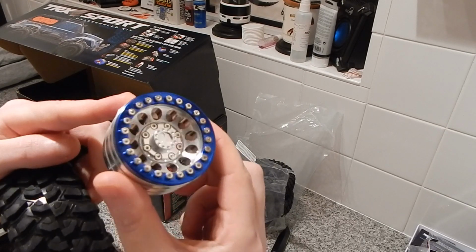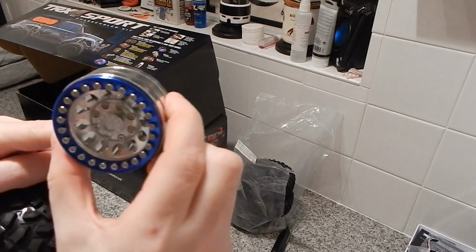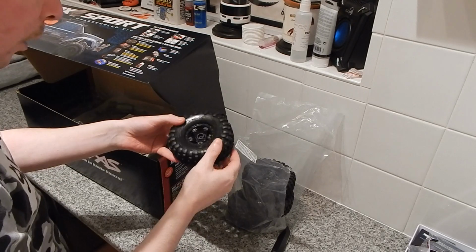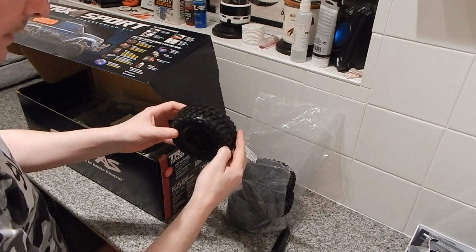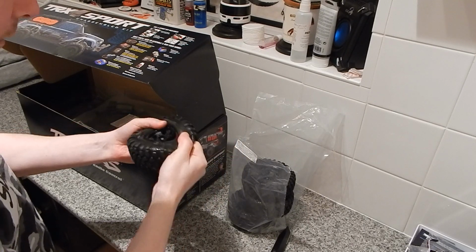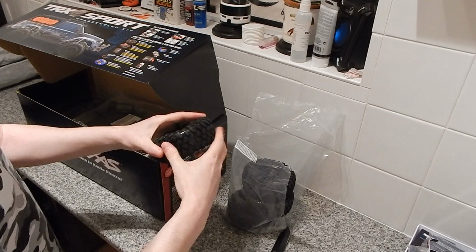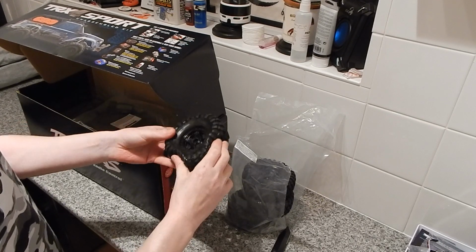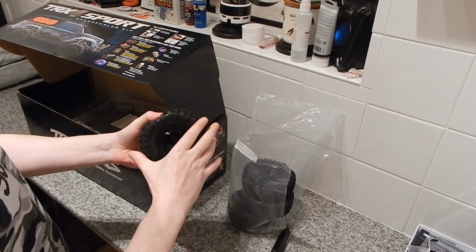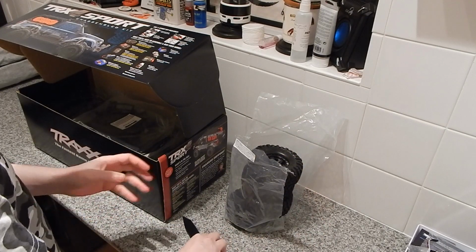This hopefully gives you a nice closer look. Look at those. Well nice. So yeah, I'm going to be using those on this model. But yeah, 1.9 inch rims and tyres. Nice tread on there. Very gummy. I think the foams, yeah, foams are in there as well. Foams are a little bit hard from what I've been seeing from other people's videos, but yeah, I quite like that. That's quite nice. This is built as a crawler, guys, but as people know, the